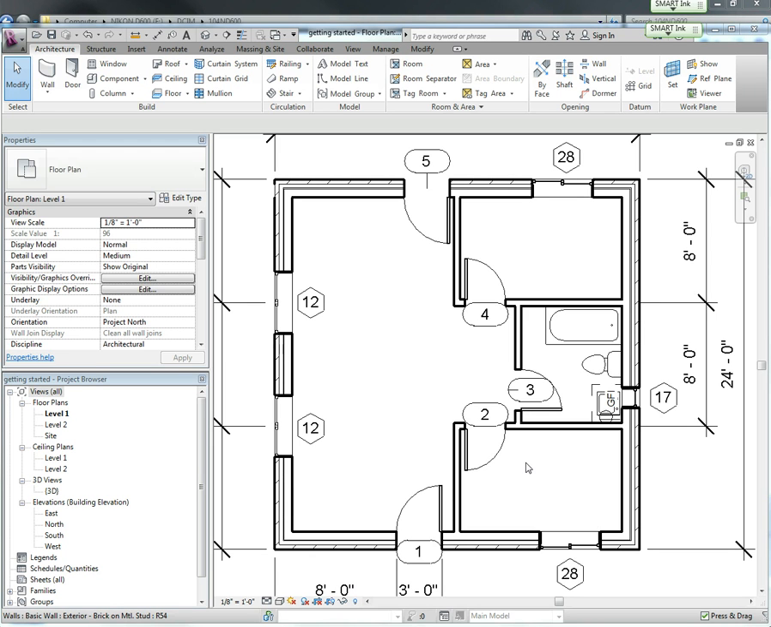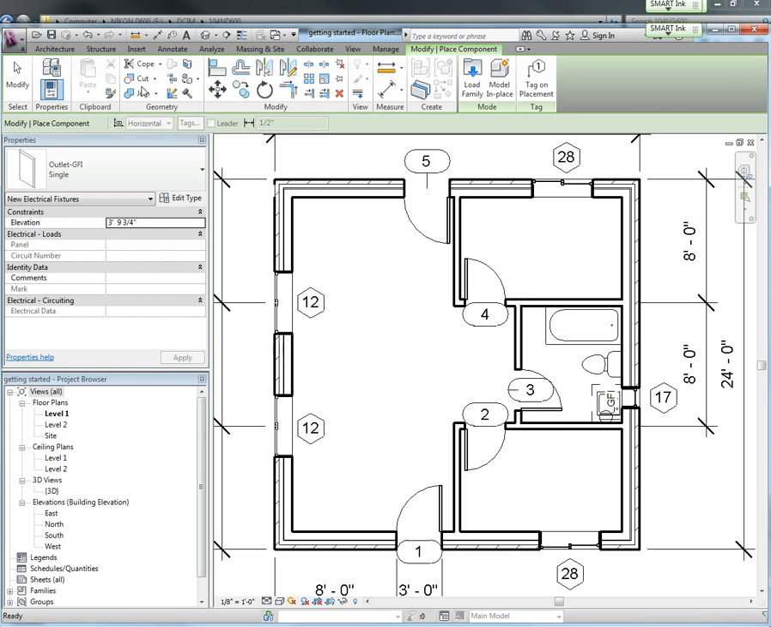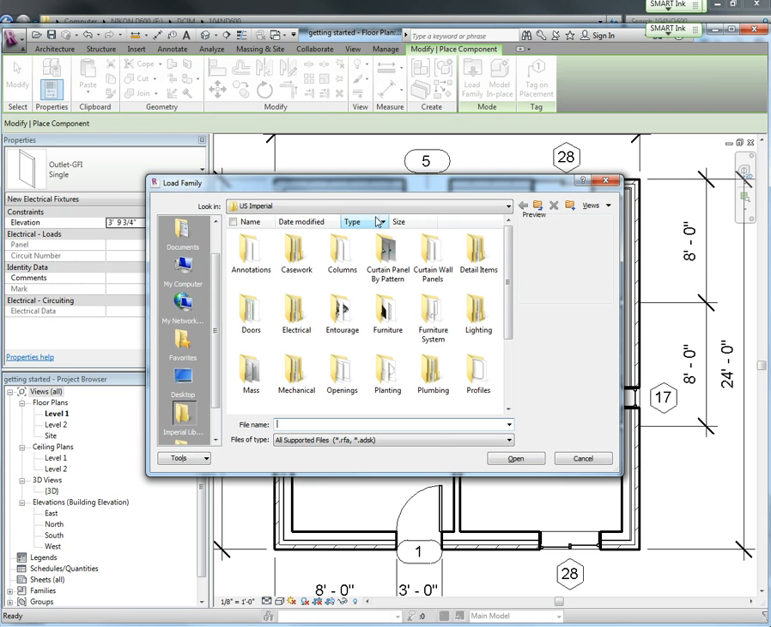Video part 6, we'll be adding kitchen appliances and counters into the kitchen area. We're going to label this the kitchen area. What you have to do is go up to component, just like we did for the bathroom, and go to load family. When you go into load family, you want to go into Casework,